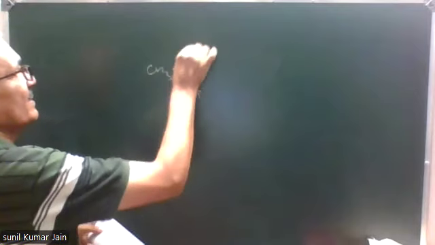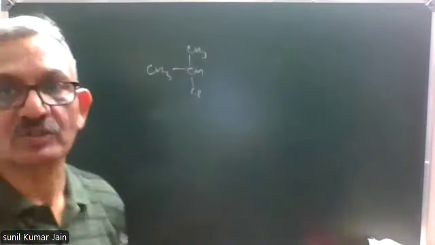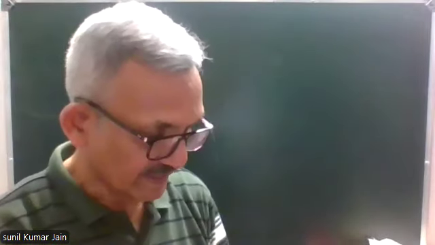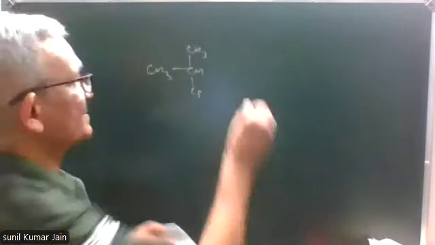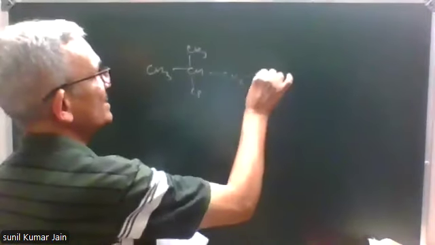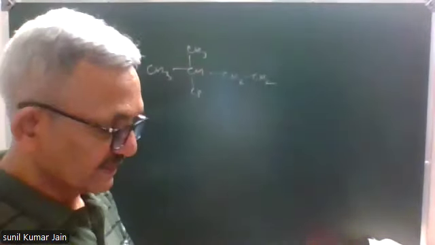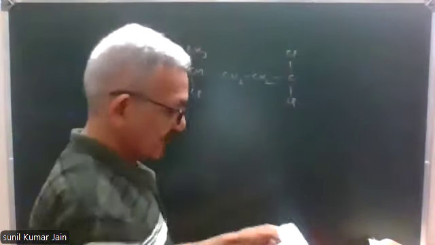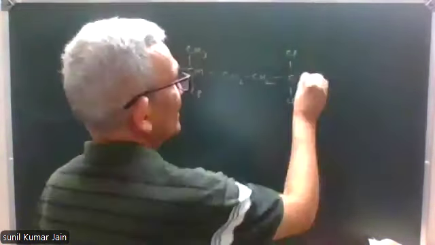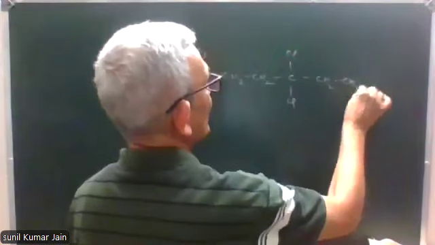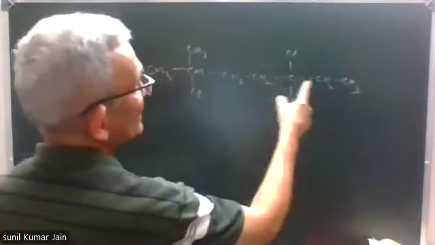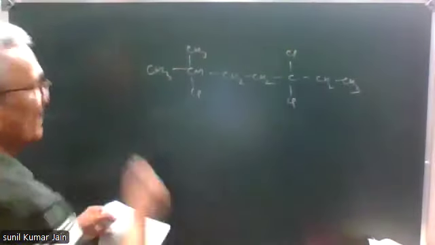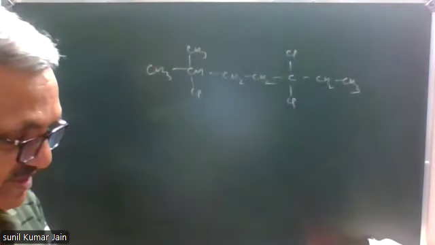Second example. CH3 CHCl, again CH3 within brackets, it goes like this. Then CH2 twice, which will be CH2 CH2. Then CCl2, and at the end it is C2H5, again CH2 CH3. 1, 2, 3, 4, 5, 6, 7 carbon atoms. Wait a minute. CH3 CHCl